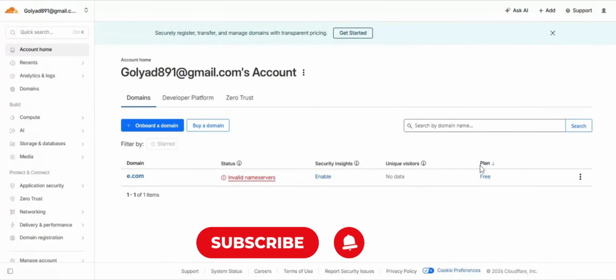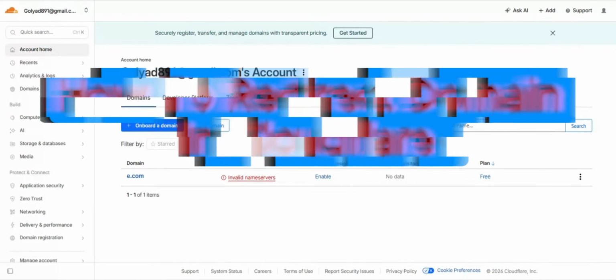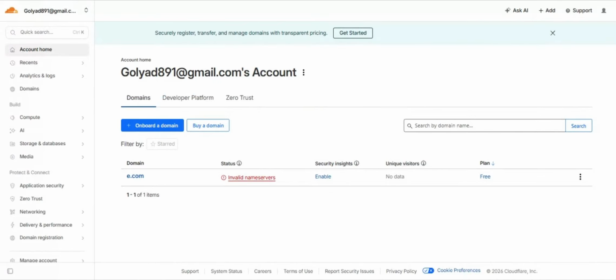Hey everyone, in this video, I'll show you how to redirect a domain in Cloudflare using the 2026 dashboard layout. Let's get started. First, log in to your Cloudflare account at